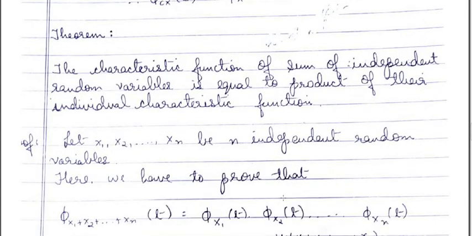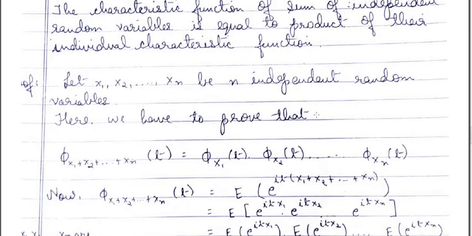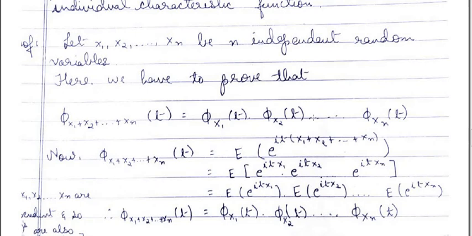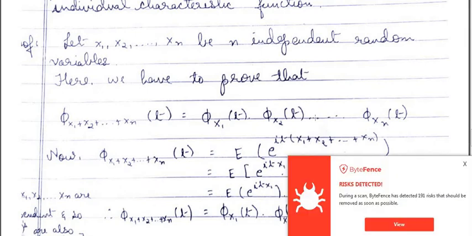Now, theorem: the characteristic function of the sum of independent random variables is equal to the product of their individual characteristic functions. Let x1, x2, ..., xn be independent random variables. Here